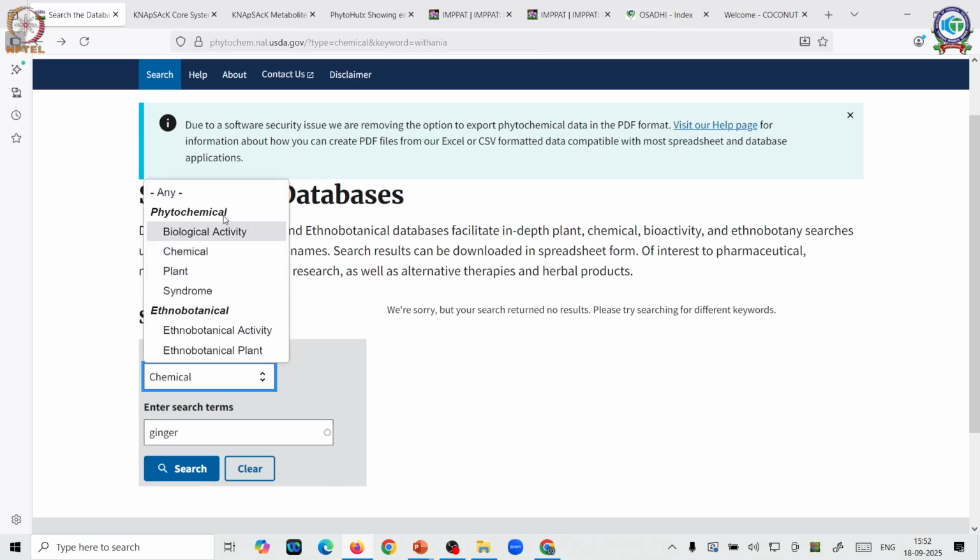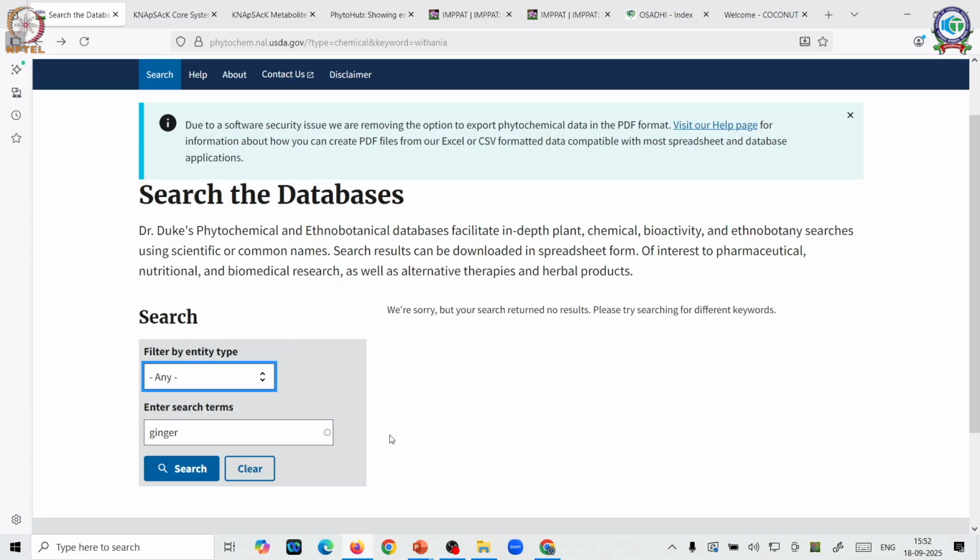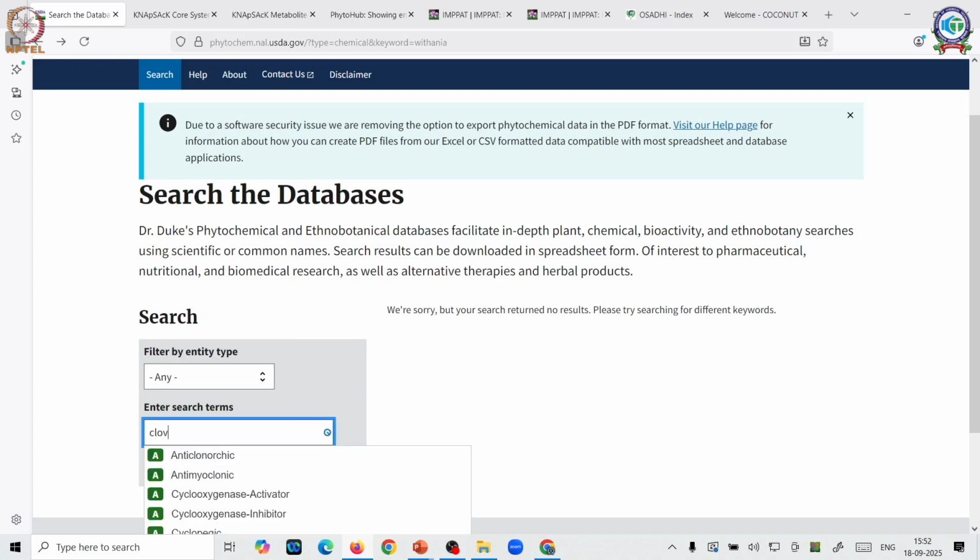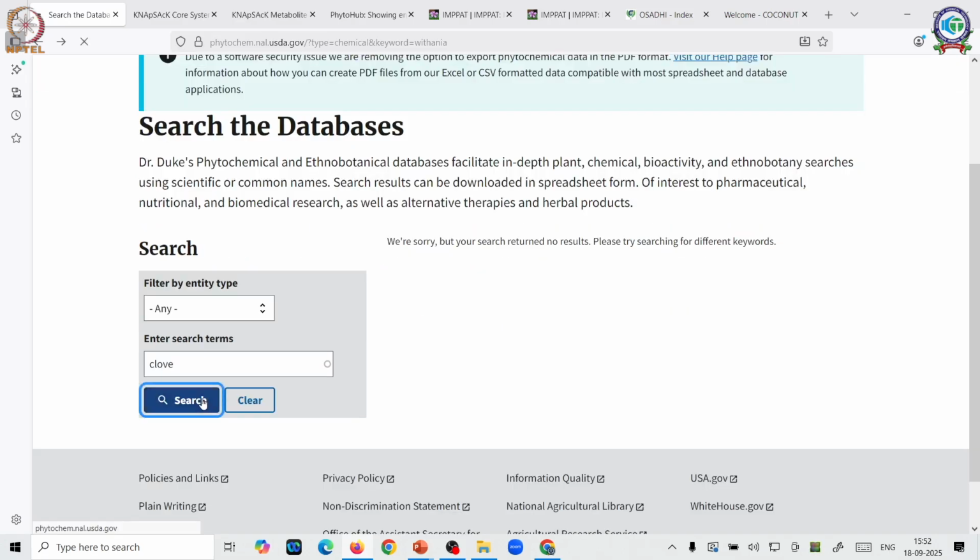Are you searching for phytochemicals, biological activity, plant, a syndrome, or ethnobotanical, especially traditional medicine based activity, or an ethnobotanical plant? Just for convenience, let us keep this at any, and then put in our query. Say for example, I'll put clove, and then I search.